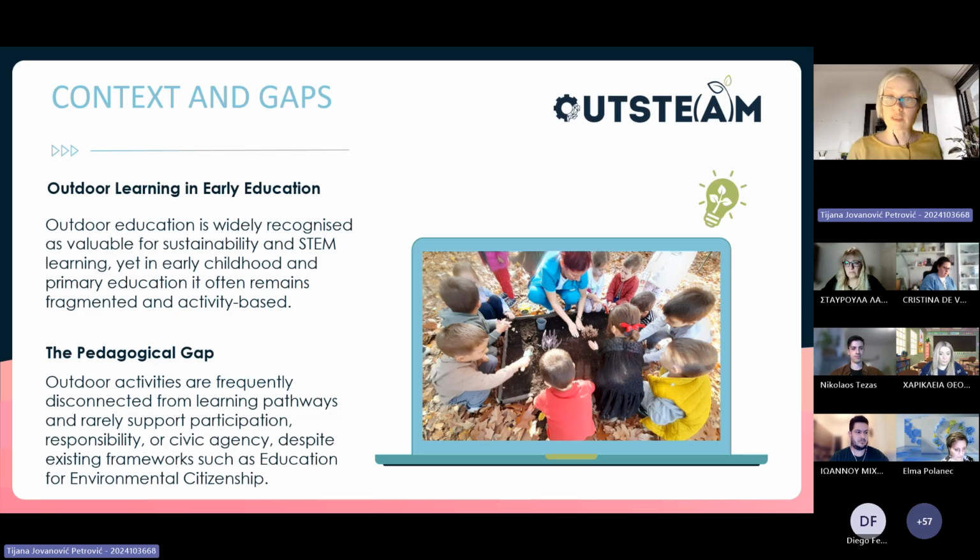So outdoor activities are commonly used for free play in kindergarten or occasional thematic experiences with very limited connection to learning goals, STEM concepts, or long-term progression. And as a result, outdoor learning remains mostly activity-based. So sometimes it happens. Children enjoy being outside, but they're rarely supported to connect their experience and really to interact.